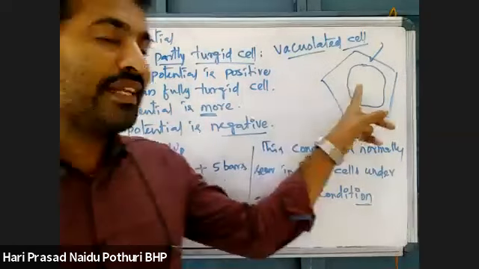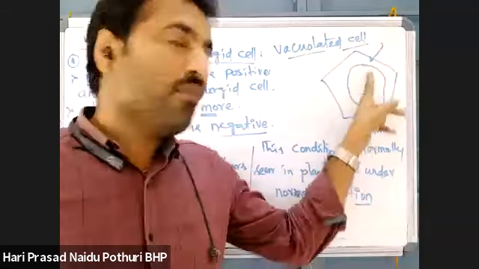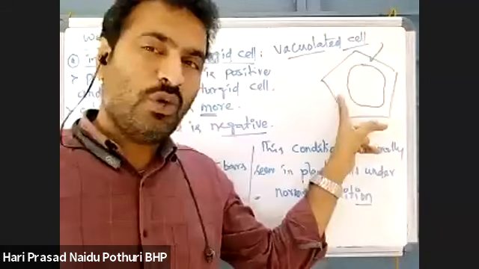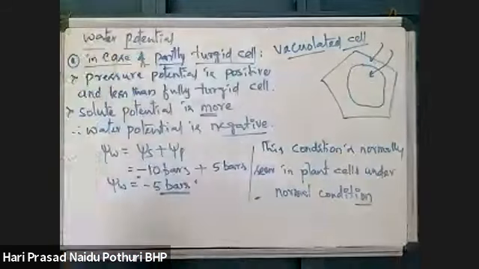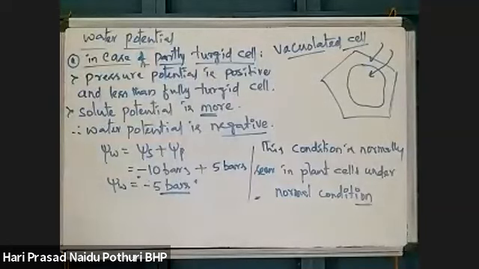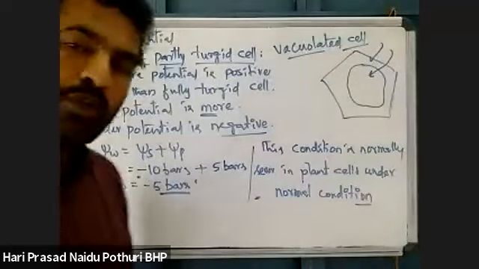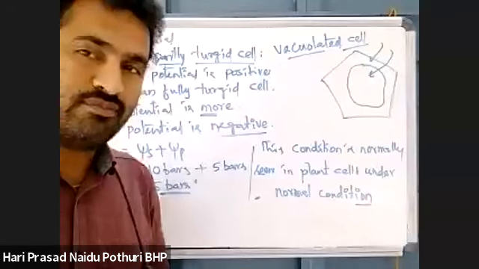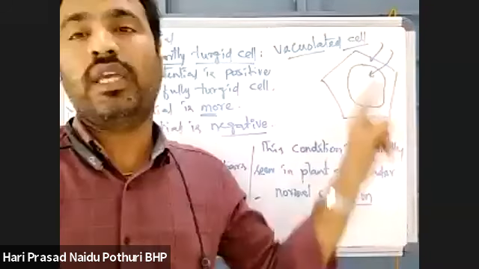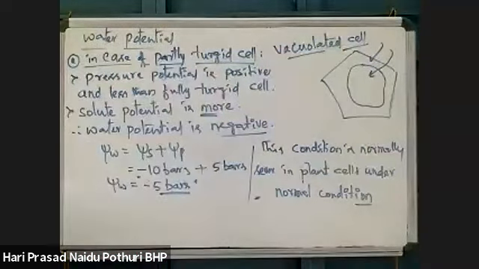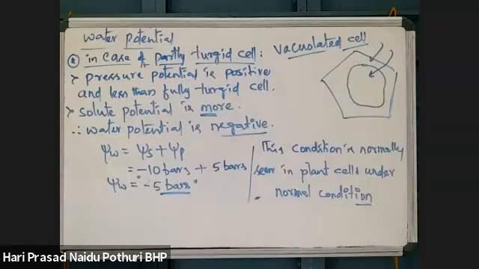Water potential is negative means from positive potential to negative potential, from high potential to low potential it is moving. So water will be moving from outside to inside in case of a partly turgid cell. From the area of high potential to the area of less potential, there is movement, you know. Negative means less potential. When water is surrounding the cell, then water movement will be from outside to inside of the cell. Okay? Right.